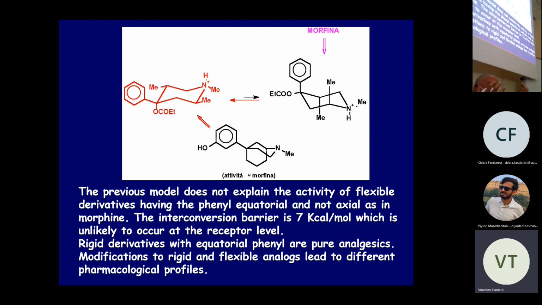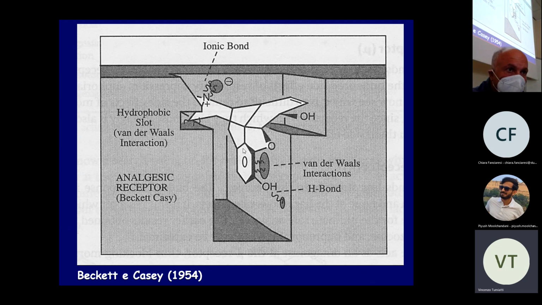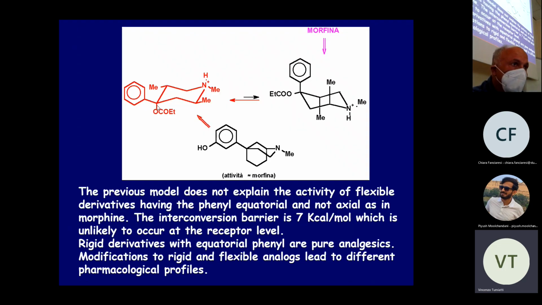So, in that time, we had a problem. Why? The model is constructed for morphine, where the phenyl ring is in axial position, but we have seen that if the phenyl ring is in equatorial, it is still active. And so the scientists try to elaborate another theory,